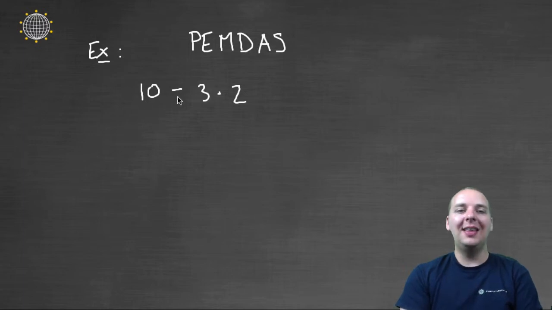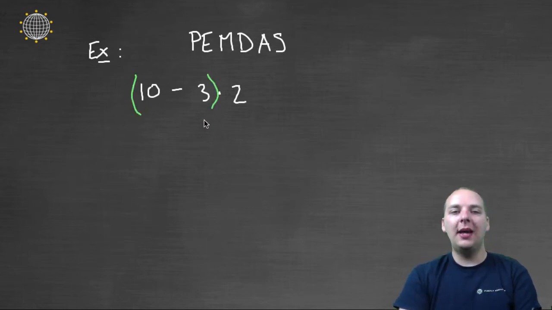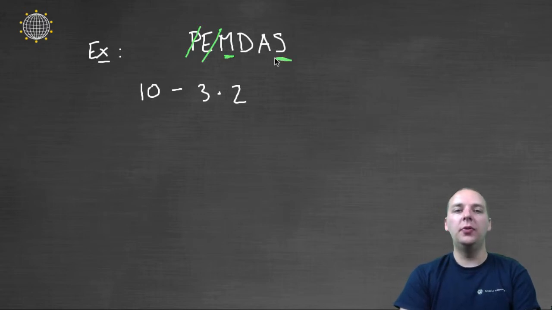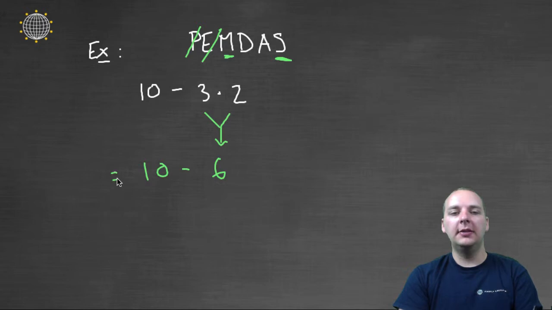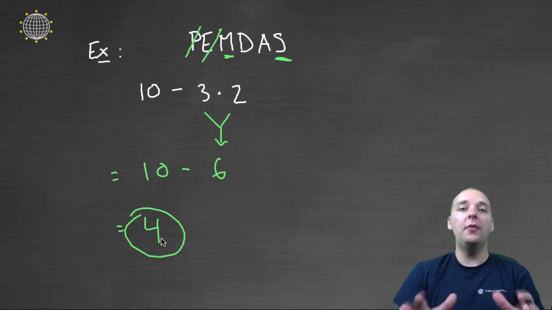So for instance, if we had 10 minus 3 times 2, there's no more ambiguity. I don't have to clarify whether I mean (10 minus 3) times 2 or if I mean 10 minus (3 times 2). If there are no parentheses listed and there are no exponents, then multiplication takes precedence over subtraction. So I would combine the 3 and the 2 first to give us 6, and then we'll do 10 minus 6, which is 4. Okay, and this is consistent for whoever works the problem.